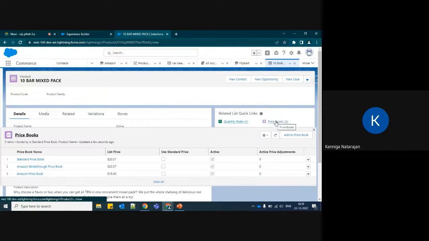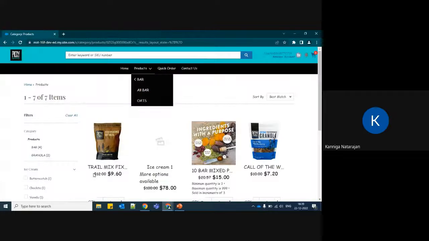And as I said, for each product, we can give as many price books as we want. So I have 3 price books here. The standard price book and Amazon strike through price book were already created, so I created one more price book called Amazon price book. The standard price book and strike through price book will have the same price. Amazon price book is a discounted price I gave here. So you can see